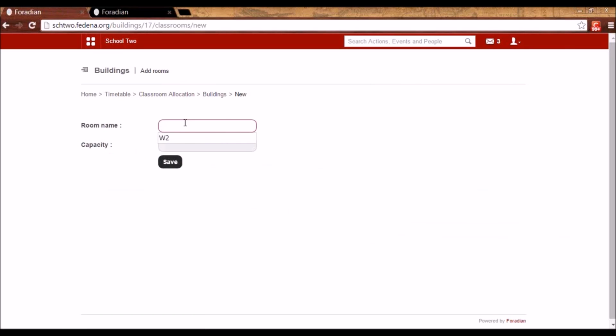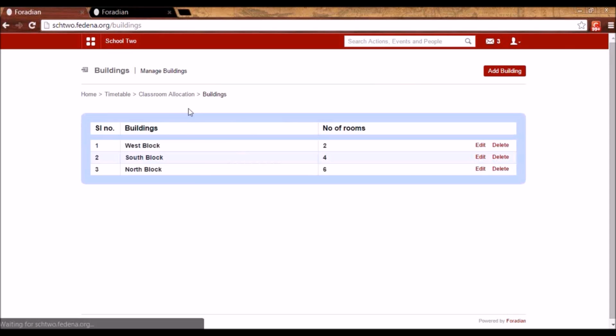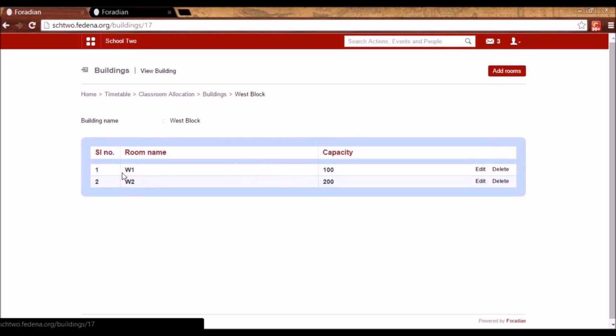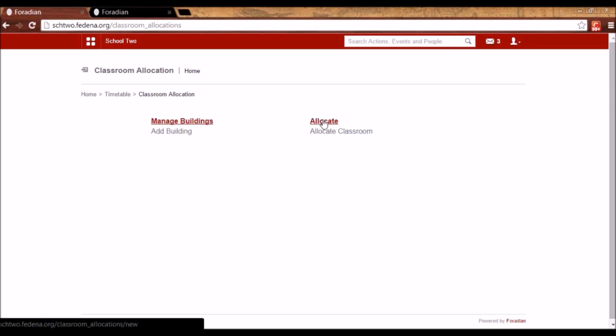And here I can give a room name and capacity. So how many students can this room take? In this way, I've created two rooms, W1 and W2. And after you've created buildings and rooms, you have to allocate